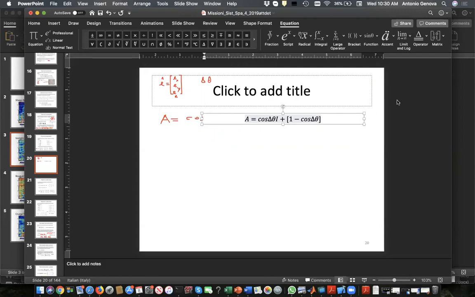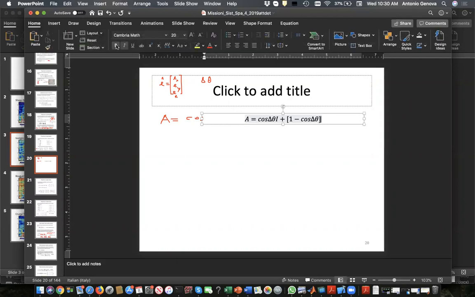and the product of E, so there will be a vector, so it will be E times E transpose, minus sine of delta theta